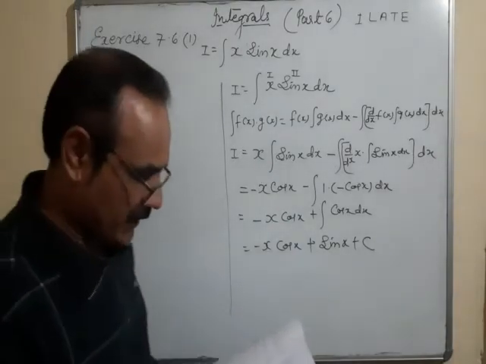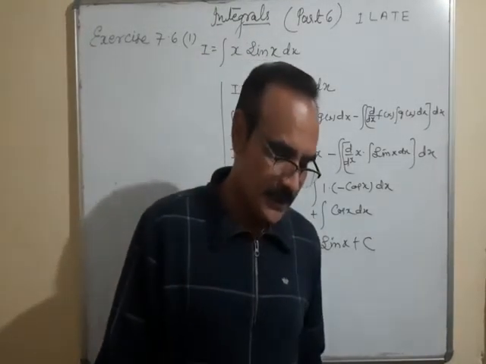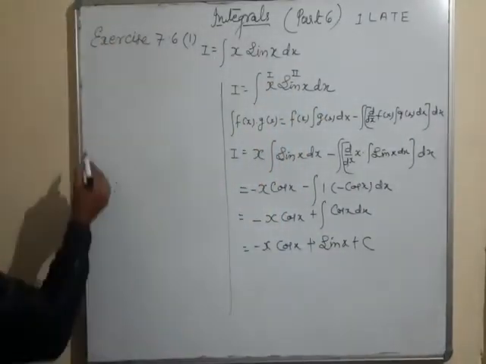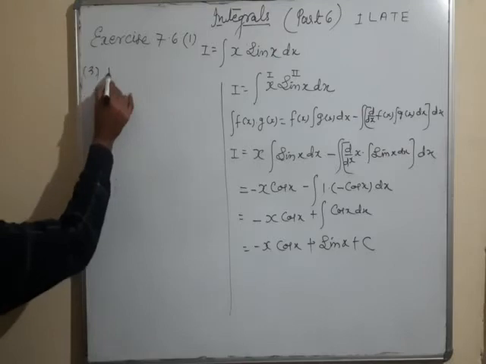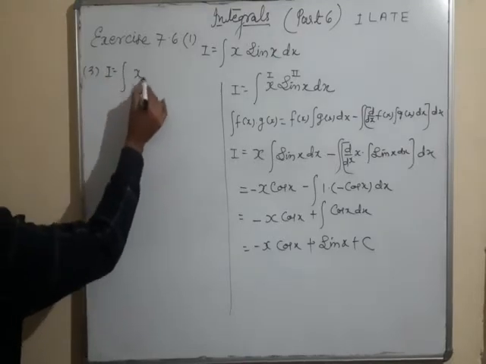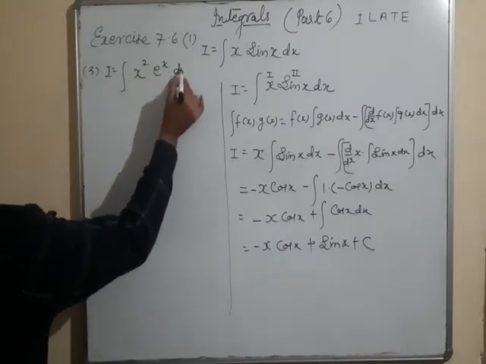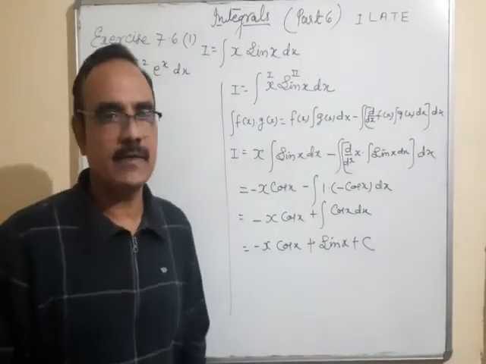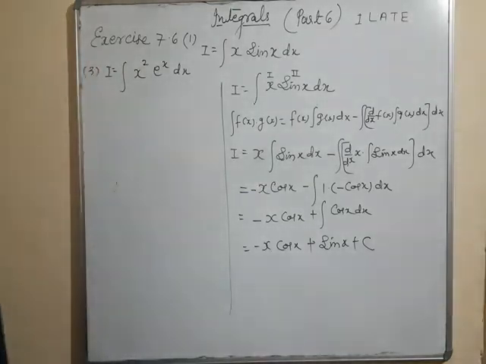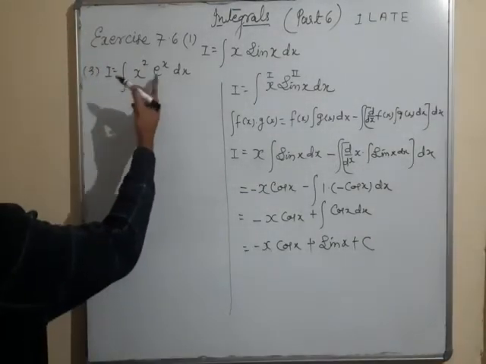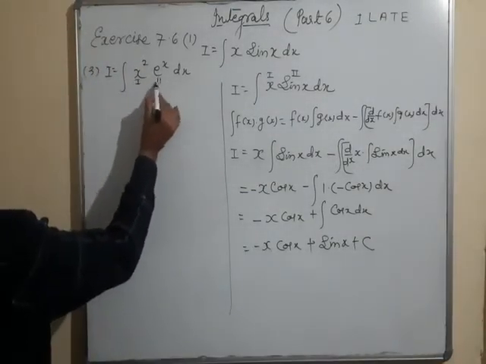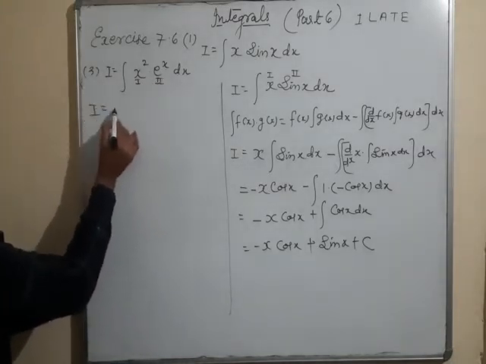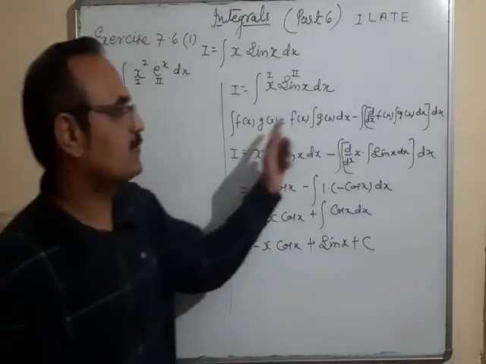After that, I want to take a question, x square e to the power x, the third part of it. I is equal to integration of x square e to the power x dx. Again taking first and second as per the rule. Isolate first function is algebraic expression, second is exponential.